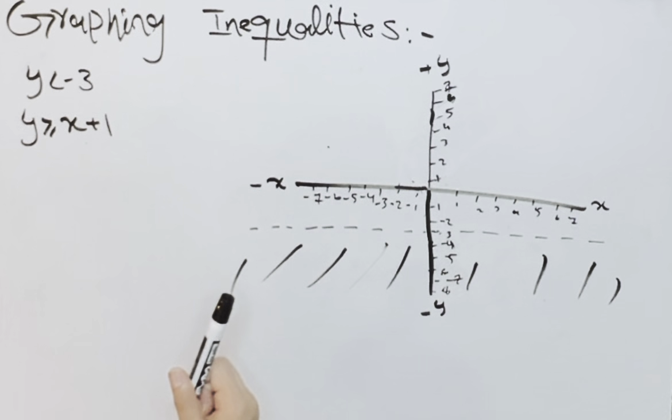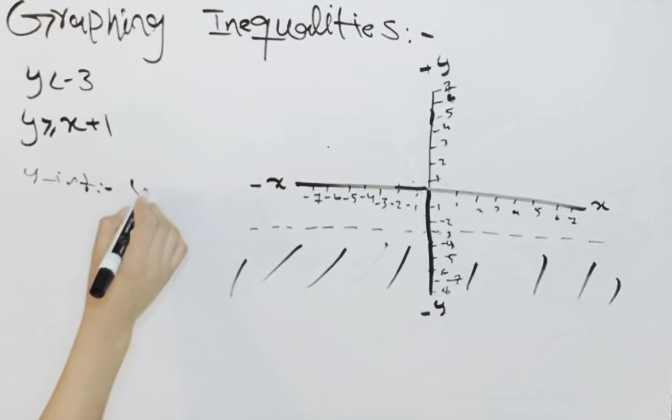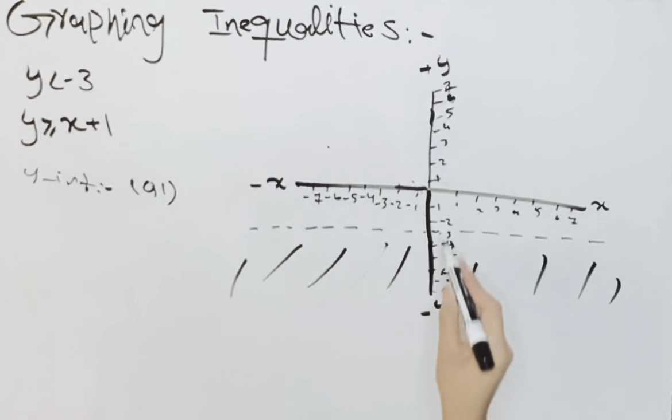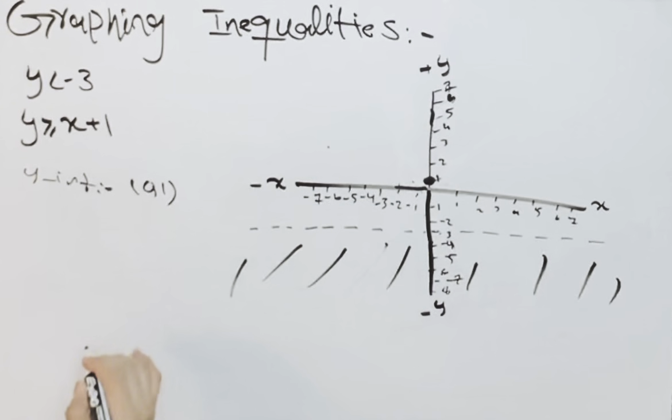Now, another thing that you might be asked is to again draw out both of them at the same time. Now I'm gonna draw out this one. We have y is bigger than or equal to x plus 1. First, I'm gonna figure out our y-intercept, which you can see is 0 and positive 1, which means we're gonna start here. And we have x plus 1, which means that our slope